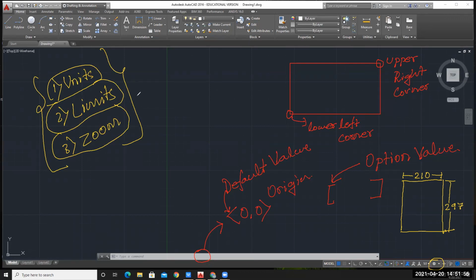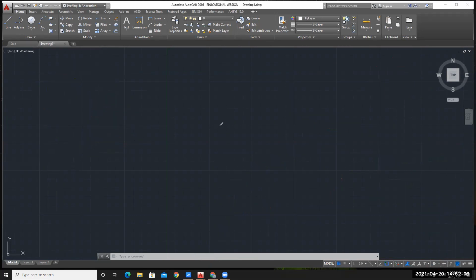Hereafter, we will start with some basic drawings, and in that I will tell you how to draw any drawing using different coordinate systems. So let's start with coordinate systems.